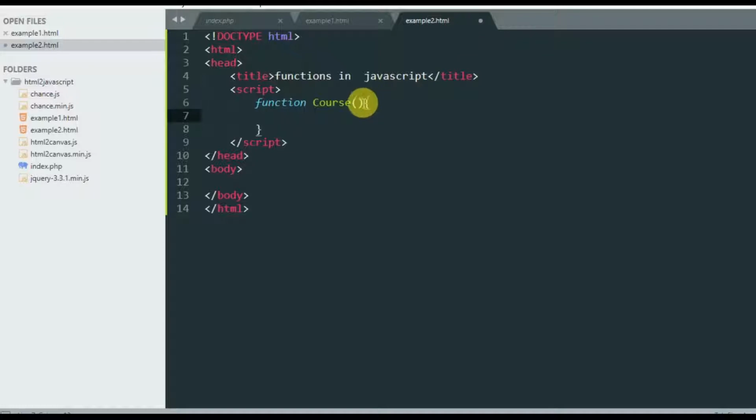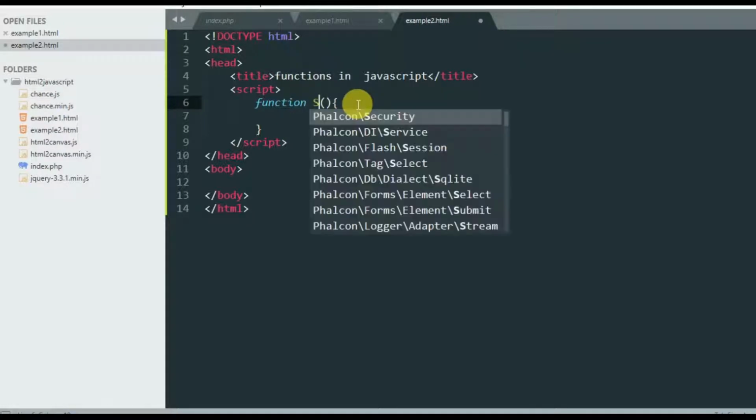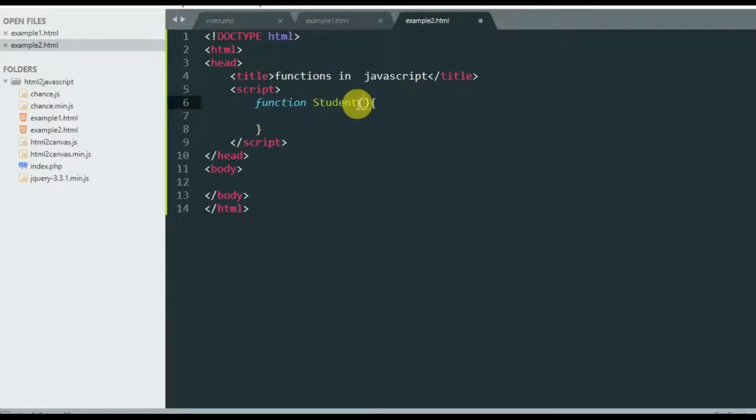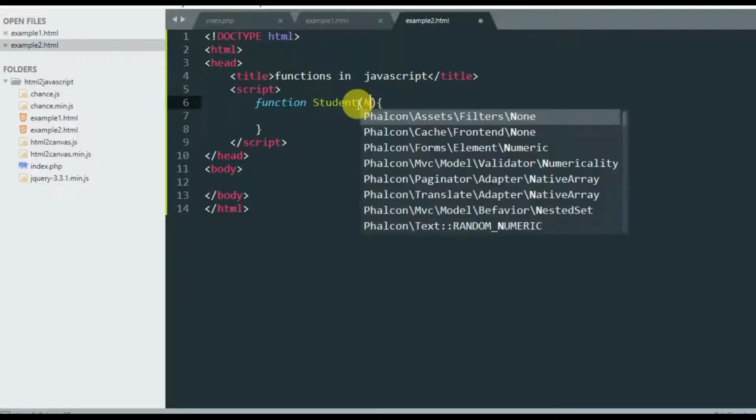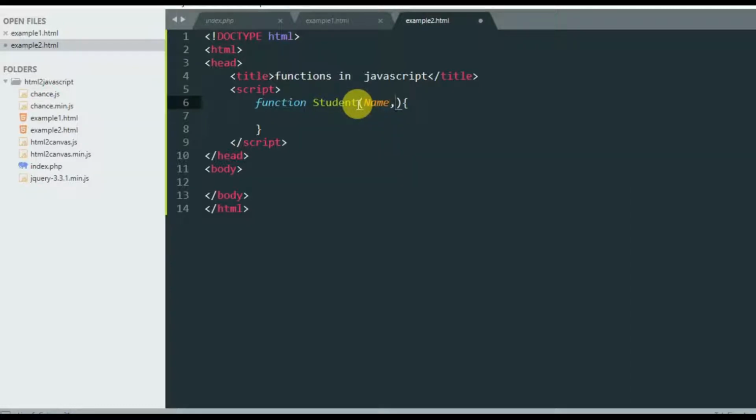Now today we are going to use something a bit advanced. Inside the course, we are going to give those parameters. Let me say the simple type is going to be student. A student has a name. So you are now defining the parameters of your given function student.